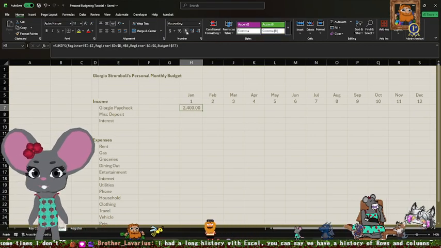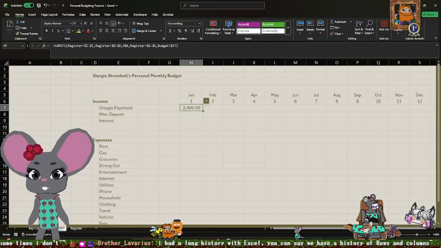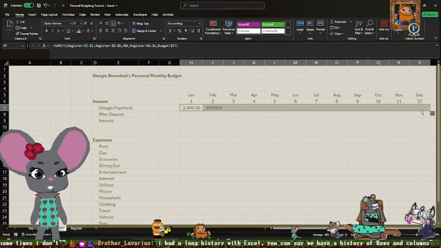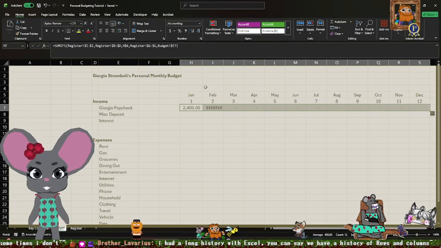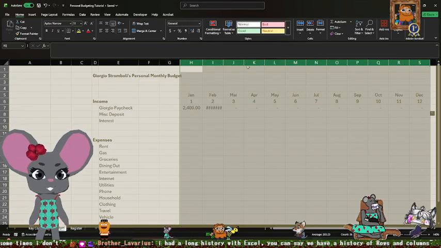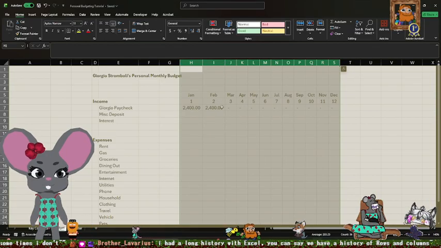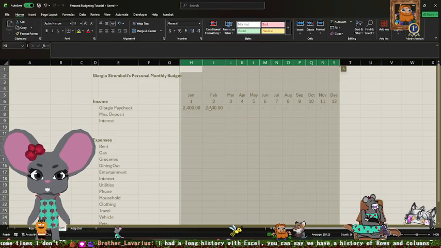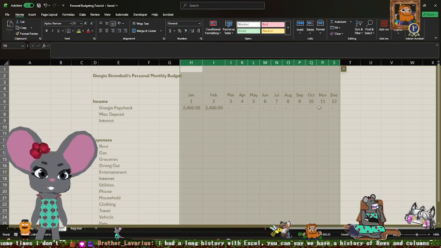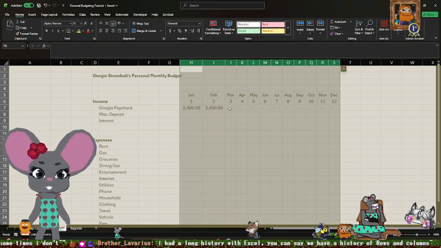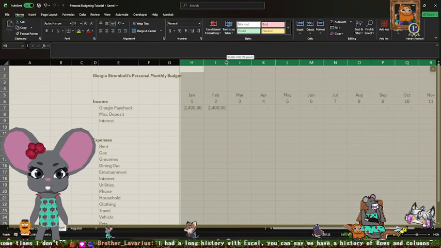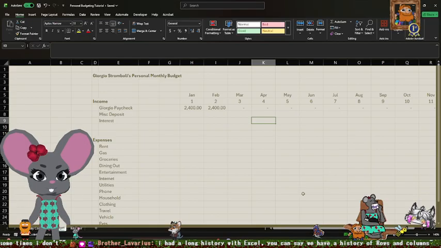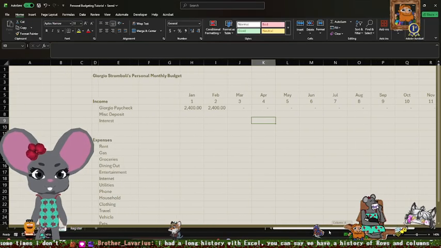And I'm gonna format that with a comma and decimals, and then we're gonna drag this over. It puts these hashtag marks in because the number is longer than the column width, so I'm going to highlight all these columns, double click in between them, and it automatically resizes according to what the content of the cell is. Obviously these are too skinny, so I'm just gonna make them all the same. There we go. Okay.